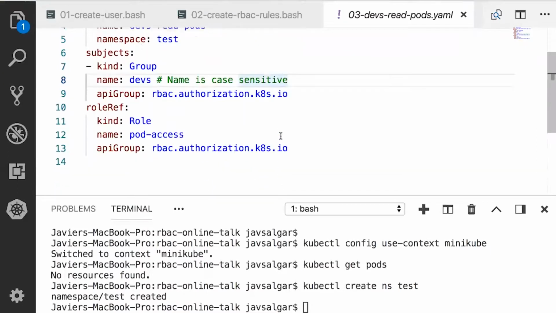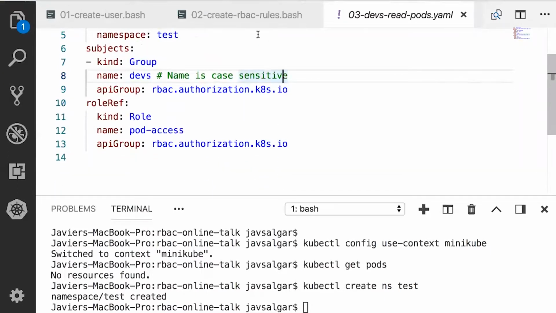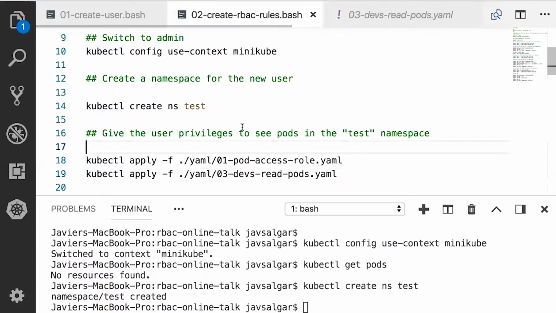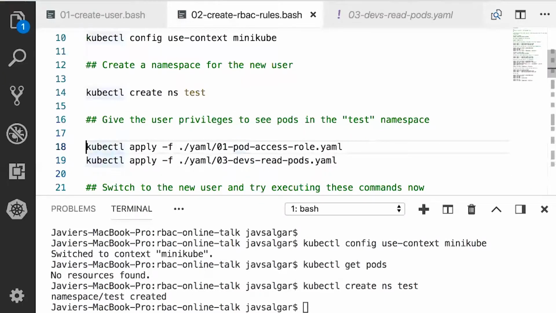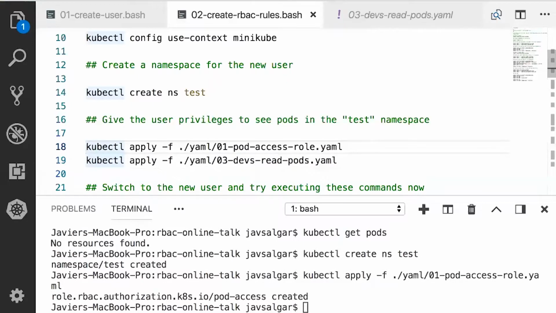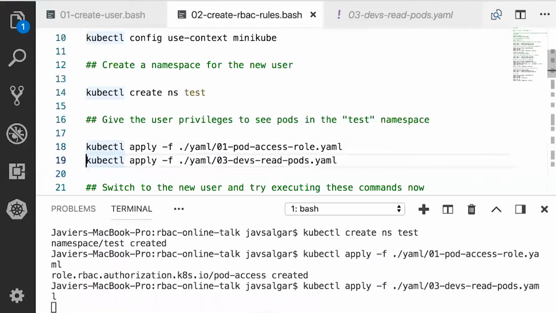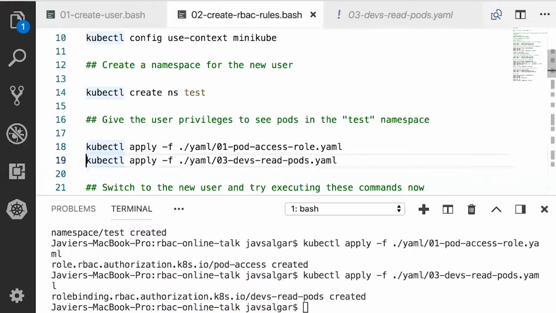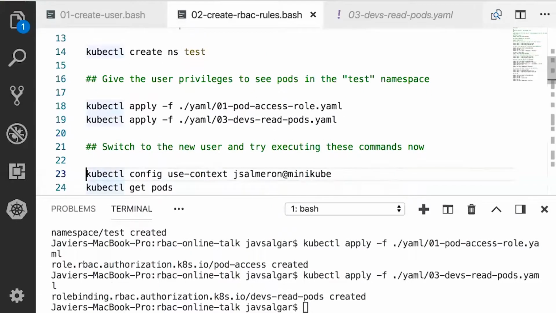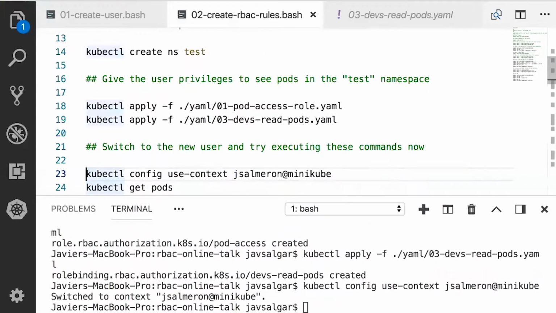It's just the same role binding, so user and that. So let's see what happens. Okay, I created a role. I created the role binding. So now I'm going to switch back to Salmeron and see what happens.